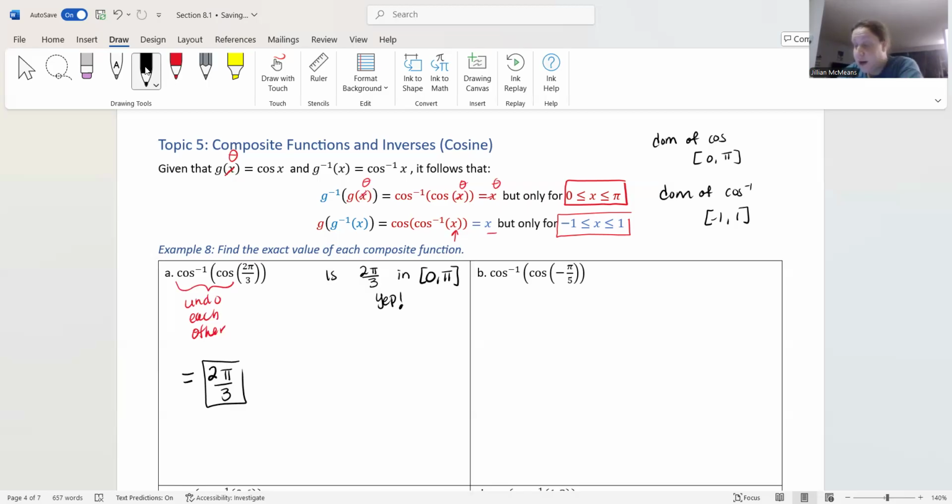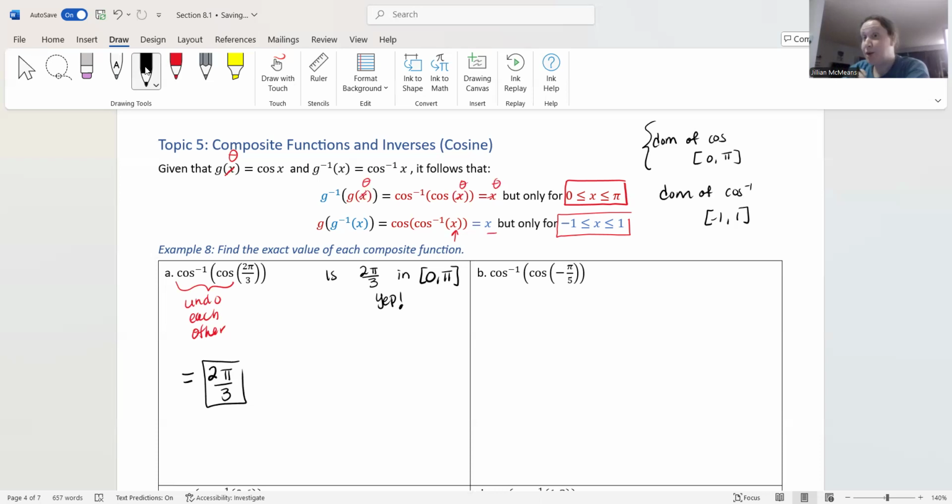We have inverse cosine of cosine of -pi over 5. Since the innermost function is regular cosine, the innermost input is an angle. So we have to make sure we meet the domain for just regular cosine, which tells me that whatever angle I'm choosing